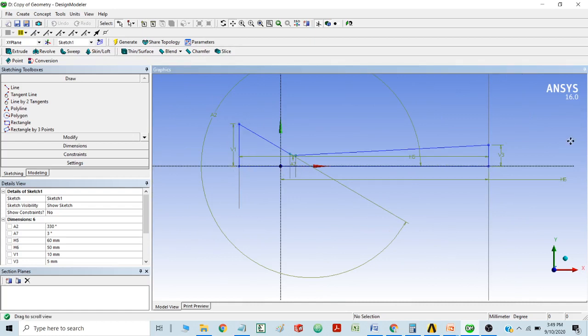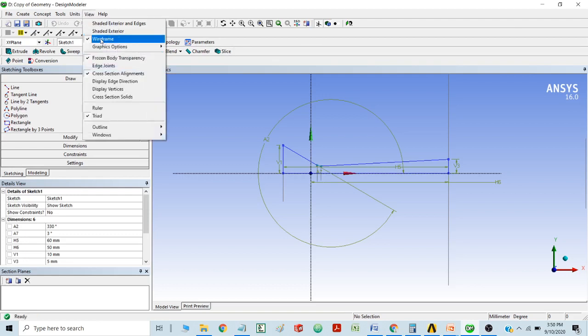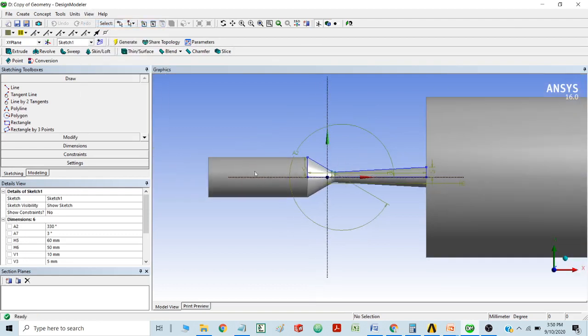So half section has been drawn here, with the convergent section and the divergent section having 60 mm as a diameter, inlet diameter 20 and outlet diameter 10, and the throat diameter is 5. So it is 2.5, it is 10, and it is 5. If I rotate this, it will give you the desired section. And initially I have given a place for the pipe here to avoid the initial inlet turbulence at the starting of the nozzle.